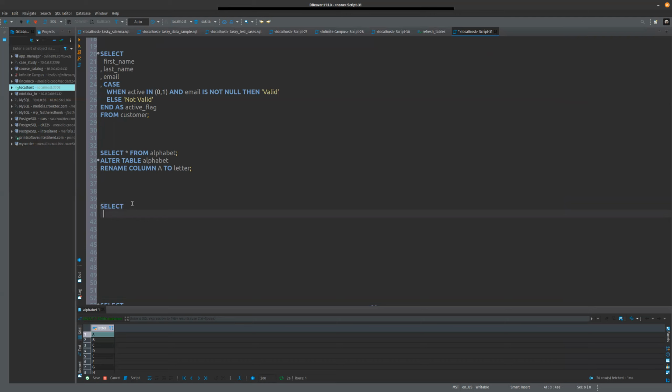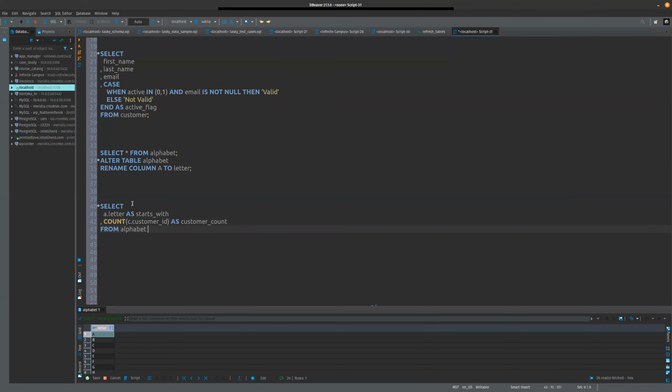So the first thing I'm going to do is select A dot letter as, it looks like they call it starts with. And then we want the count of customer ID. So I'm going to get C dot customer ID as customer count from